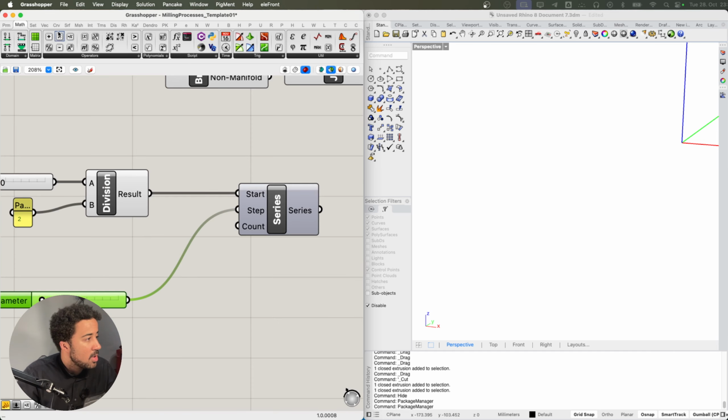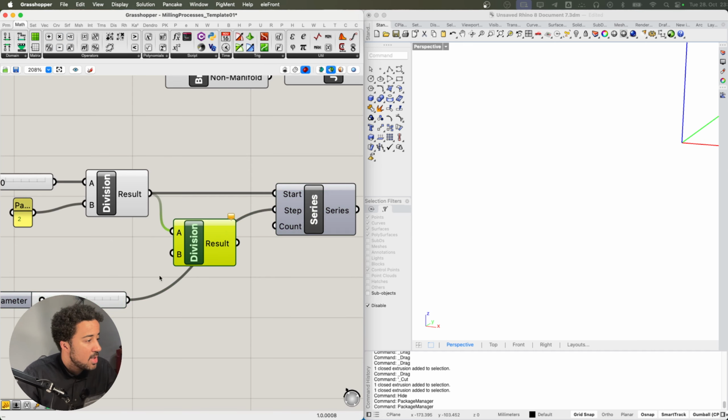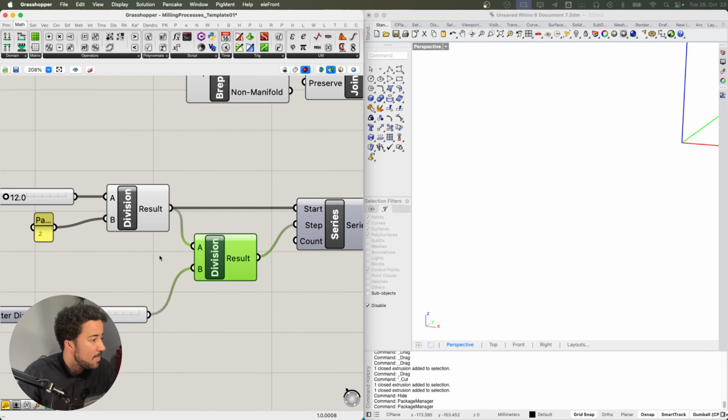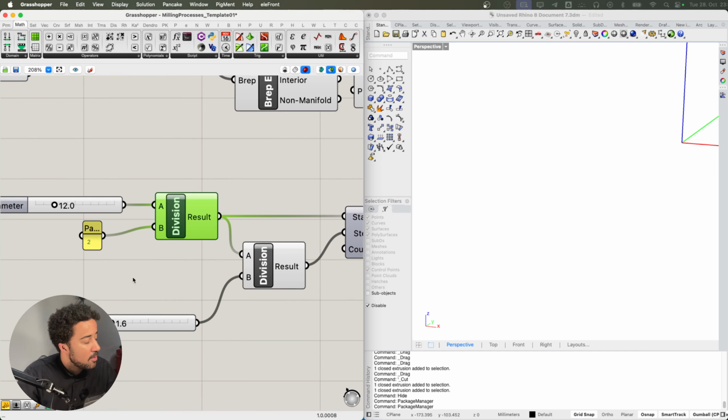I could also use another division component that I can use to divide my radius further. So let's say I want the first offset to be half of my cutting diameter and the next one to be half of that. I can then set this second one even lower. And this one is called step over multiplier.